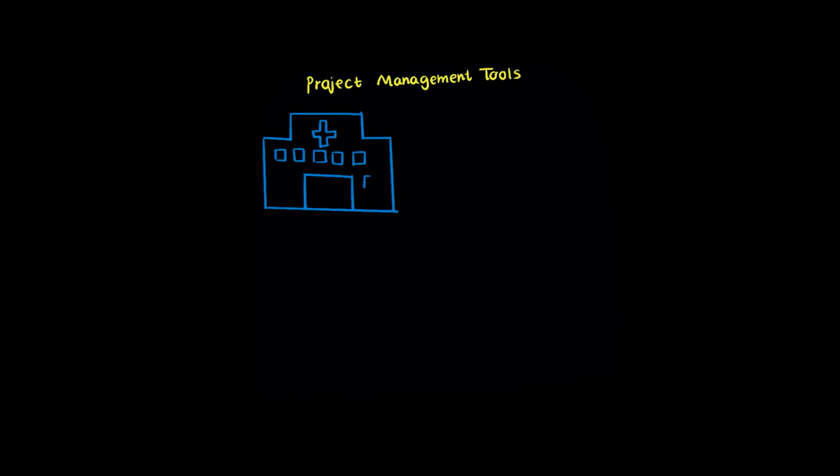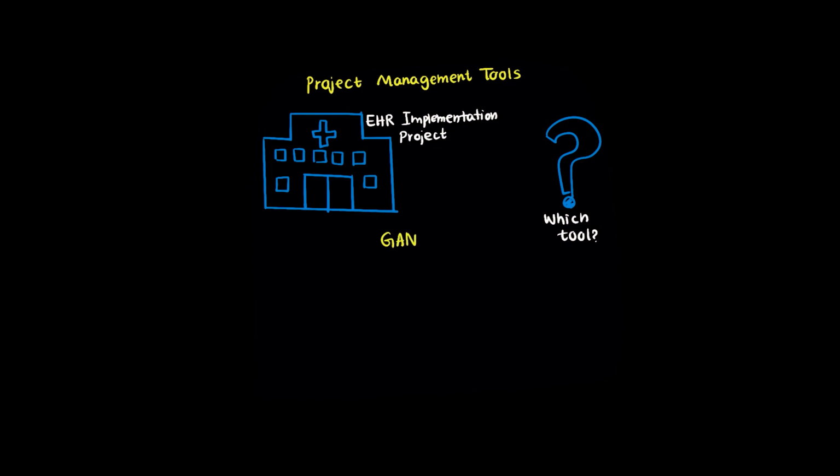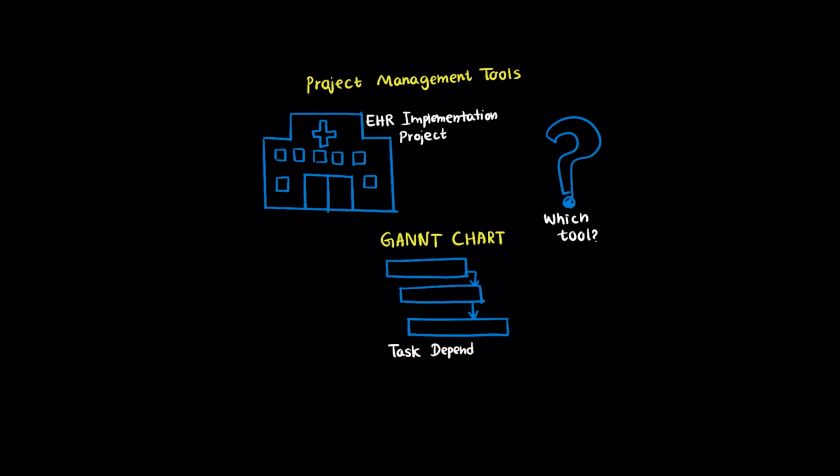Alright, let's break down the core concept behind this question. When managing a complex health IT project, like an EHR implementation, you need a tool that shows you the big picture of your timeline, while also revealing how tasks connect and depend on each other. That's where Gantt charts come in. They're visual timelines that display tasks, their durations, the dependencies between activities, and critical milestones all in one place. Think of it like a roadmap showing not just where you're going, but also which roads must be travelled first